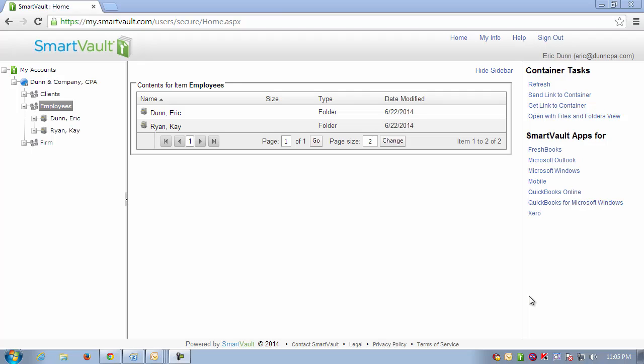This tutorial will show you how to add a new employee to SmartVault. And in this case, we've got our nephew that's coming to join the firm. We've got David Dunn. We're going to add David Dunn as an employee user to our SmartVault, welcome him with open arms, and then give him access to the first client that he's going to help us out with, which